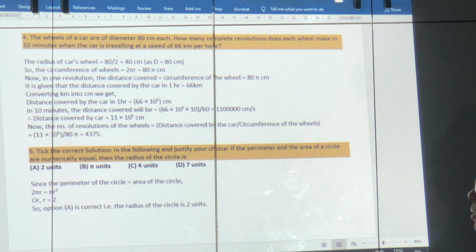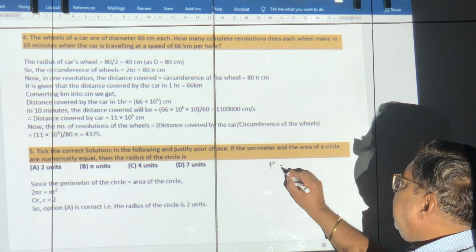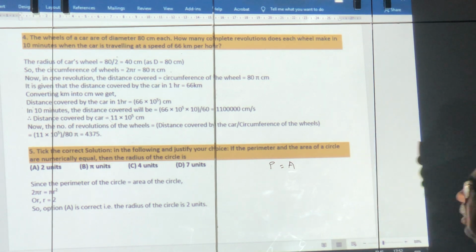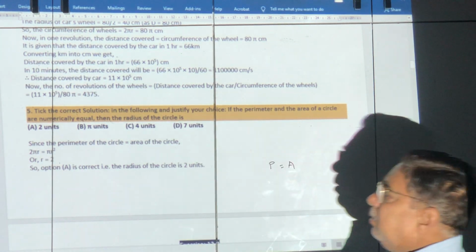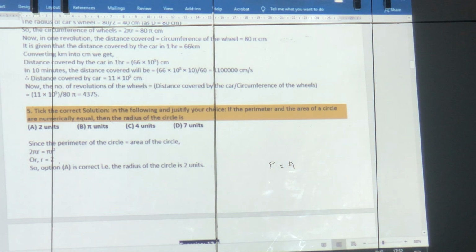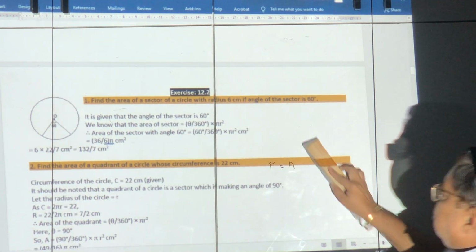MCQ, tick. Perimeter and area are equal of a circle. So, perimeter is 2 pi r, area is pi r square. Simple. So, the answer is 2. 2 is supposed to be A. No need to waste time. Let's see exercise